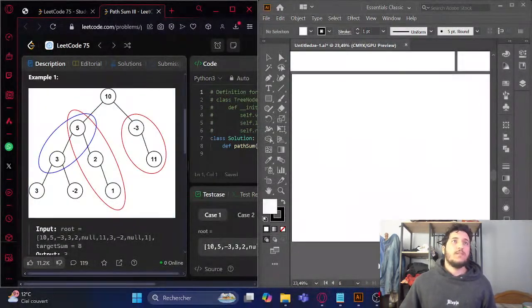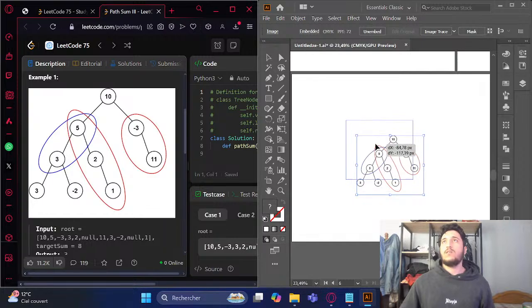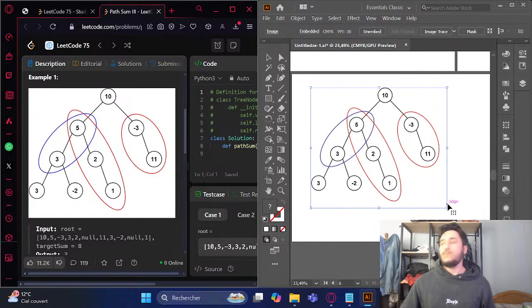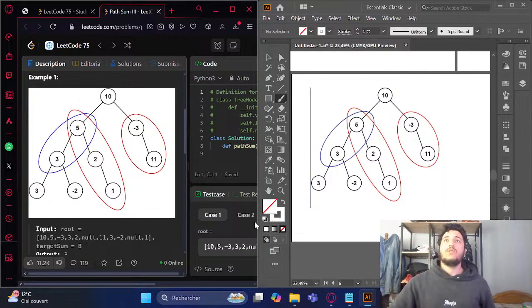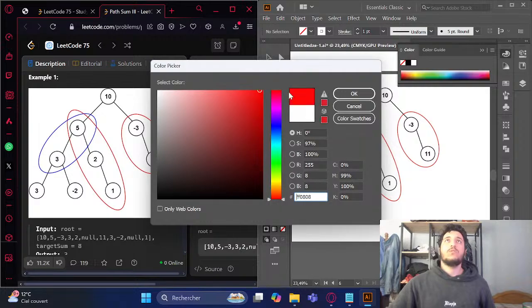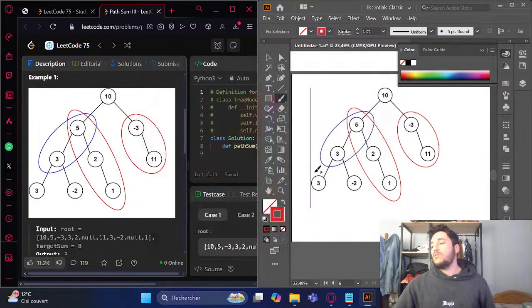We have this binary tree, and we will try to... usually when we iterate through a binary tree,